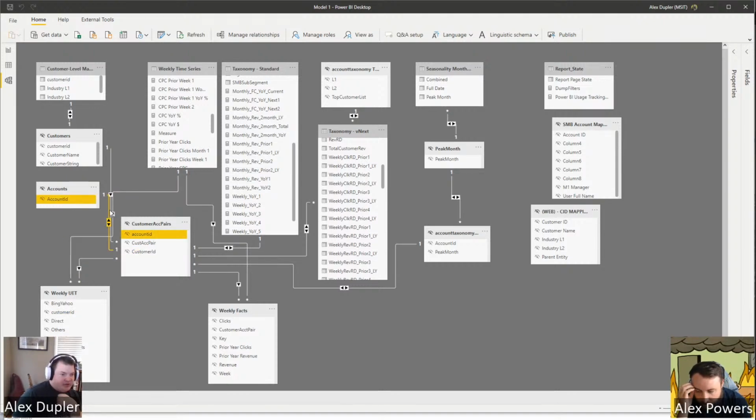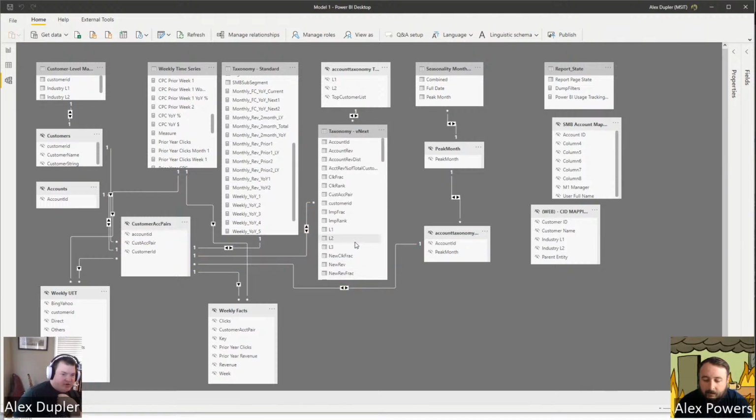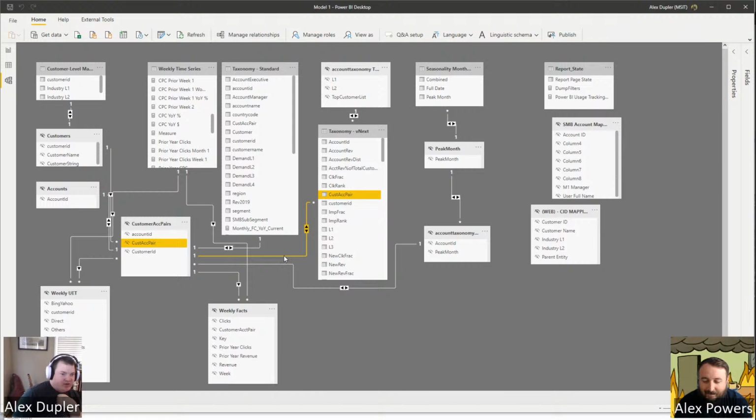which isn't a super good idea, and I'll just try and highlight where our keys are. Okay, so we're seeing a lot of one-to-ones and many-to-manys. The model did not come to me organized like this, so someone posted dims on top, facts below. I did my best to organize the tables in that way for you, based on the relationships. So down here we have our tables that are only ever on the many side, but